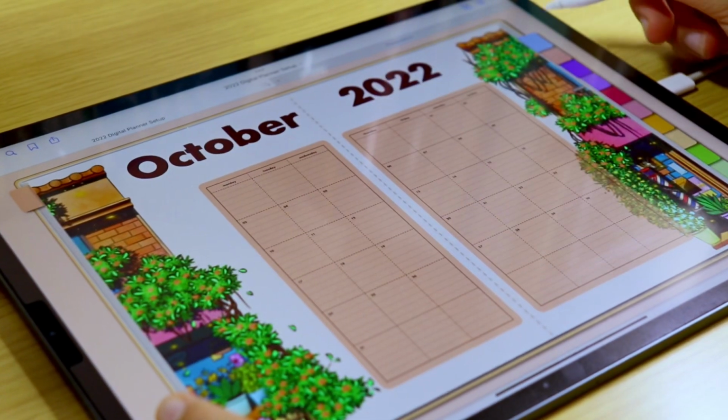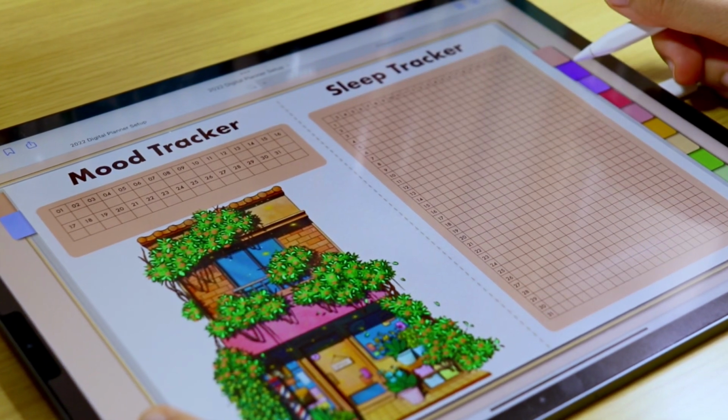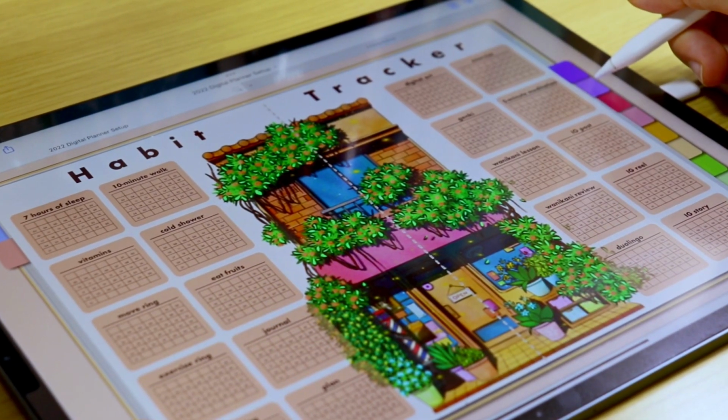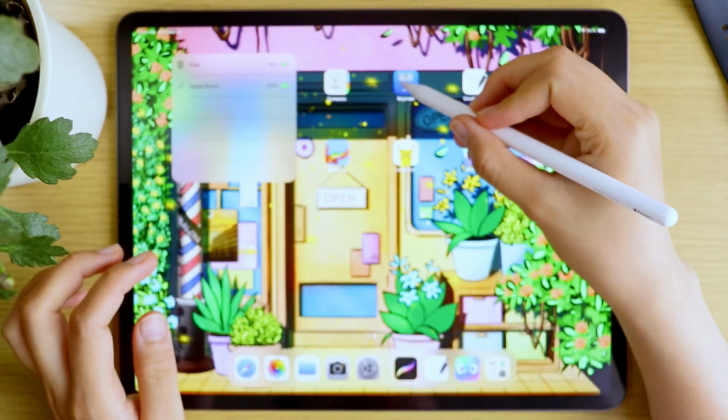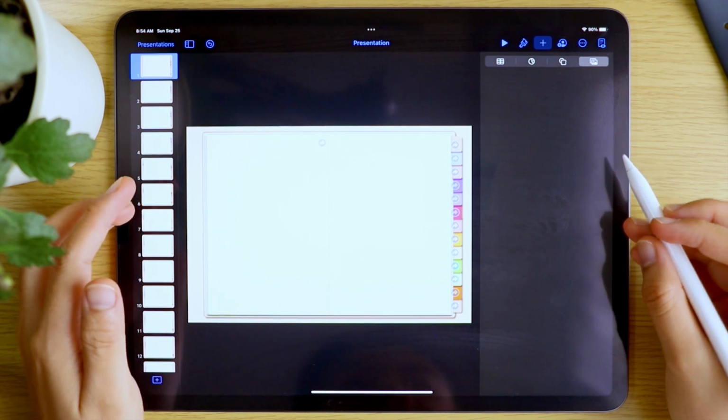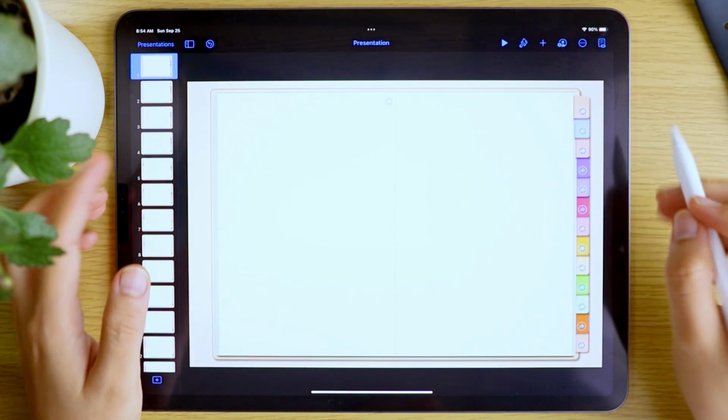Hi friends, I'm Keizle and today I'm going to show you how I created my October digital planner using my iPad, so let's begin. I recently created this digital notebook with flipping tabs,